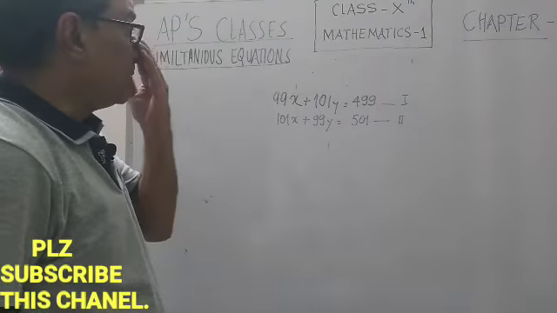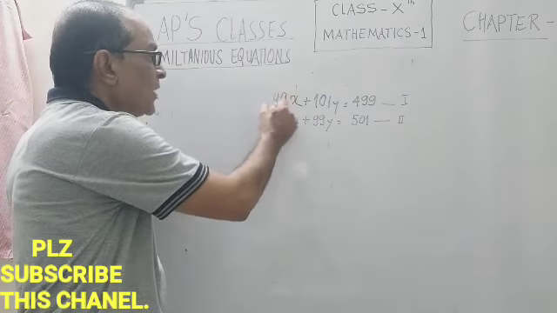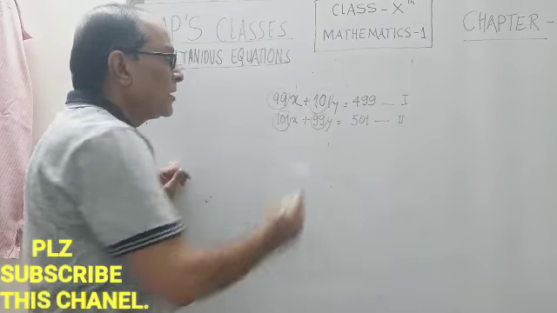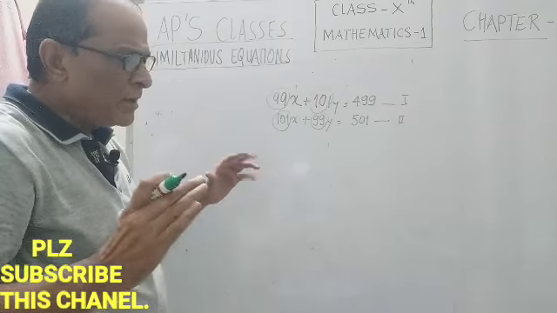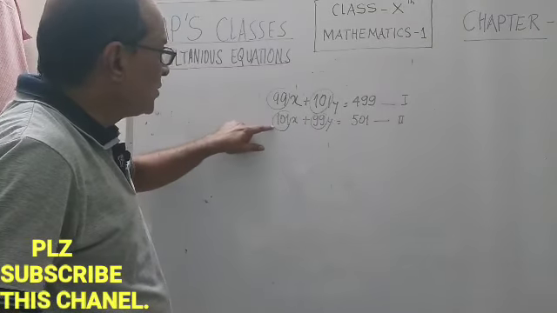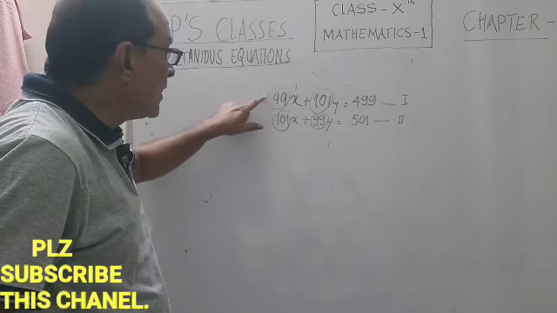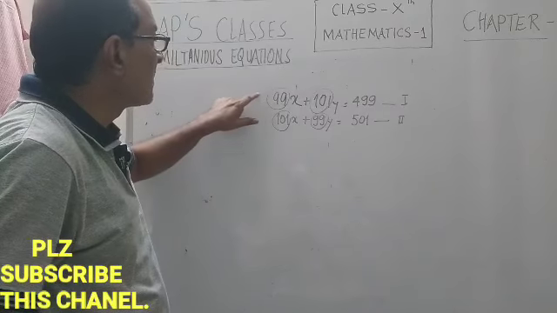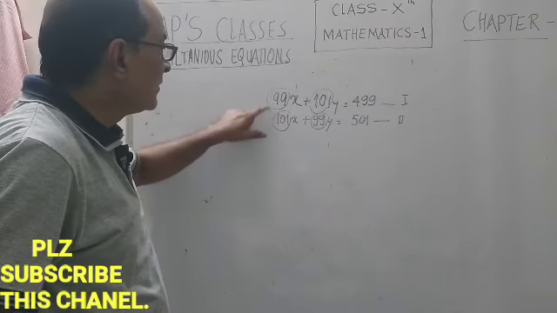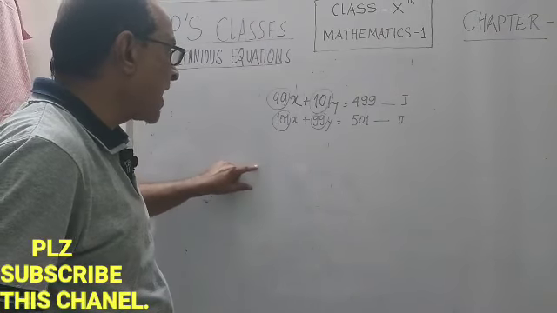In the previous one it was simpler, but now with these real numbers you can see very large figures and you will get confused. Now imagine in our first way, 99, here 101. If you want to eliminate x, you need to multiply the first equation by 101 and the second equation by 99. Then the figures will match and we can subtract or add.